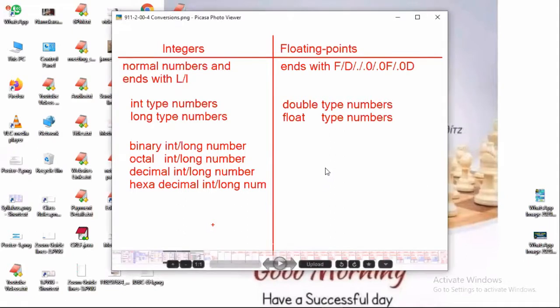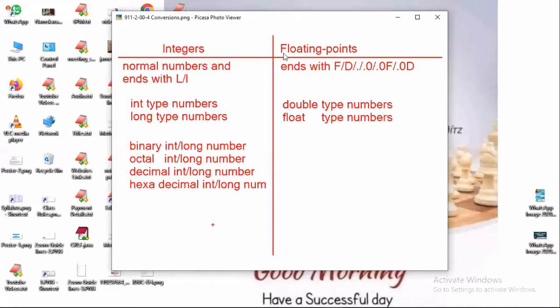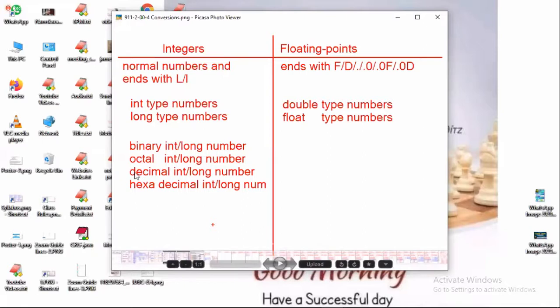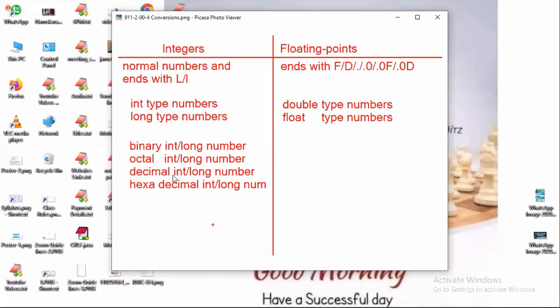Okay? Come to the point now. So now we can call it floating point or decimal. But coming to the integer number system, we also have a word called what? Decimal. Then int, long numbers. Okay, hexadecimal, int or long numbers. Right. So come to the point now. Tell me, in the floating point number system, do you have binary floating point numbers? Come on, come on. Do you have binary floating point numbers? Do you have octal floating point numbers? Do you have decimal floating point numbers?